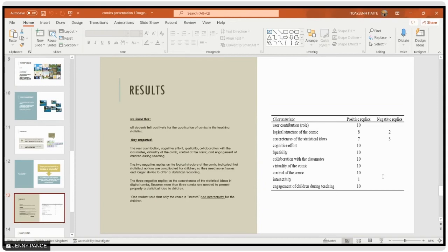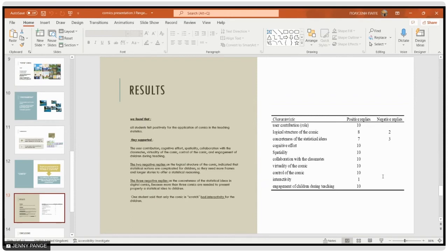They said that user contribution, cognitive effort, spatiality, collaboration with classmates, virtuality of the comic, control of the comic and engagement of children during the teaching were supported by comics.